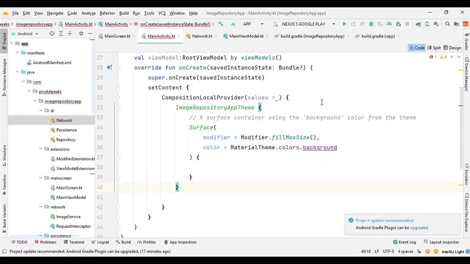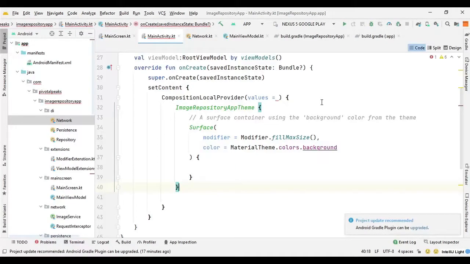CompositionLocalProvider binds values to providable composition local keys, and it reads the composition local using CompositionLocal.current, and it will return the value provided in CompositionLocalProvider's value parameter for all composable functions that are called directly or indirectly in this content.